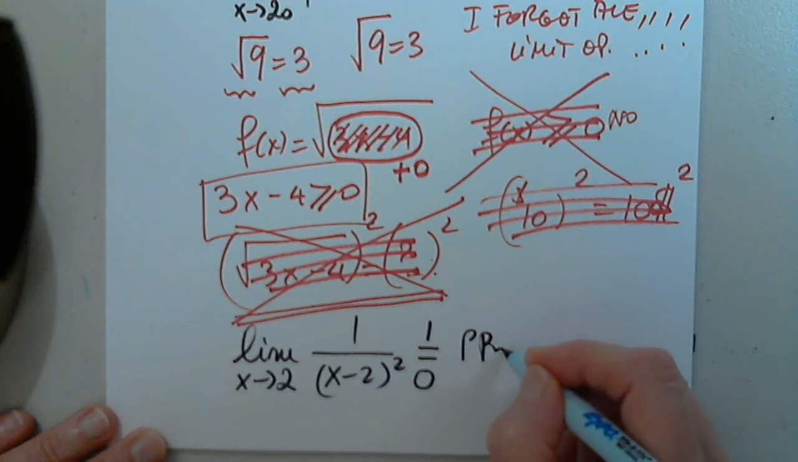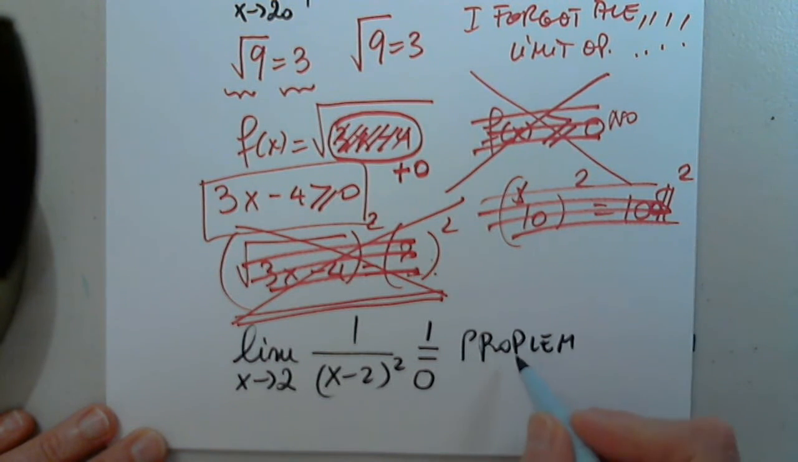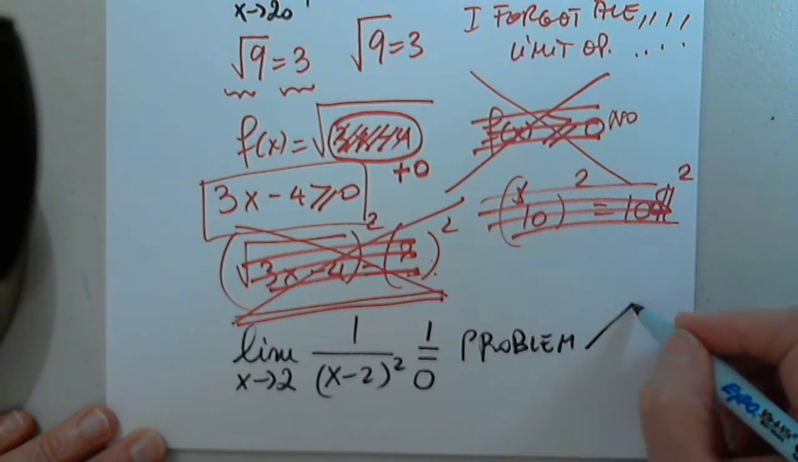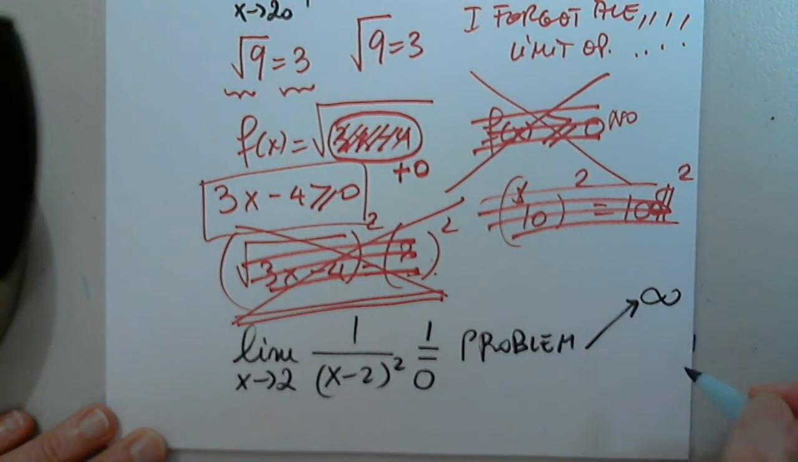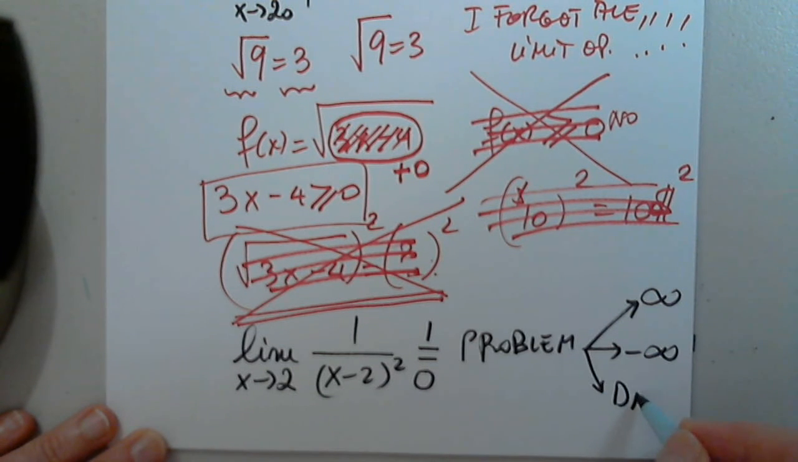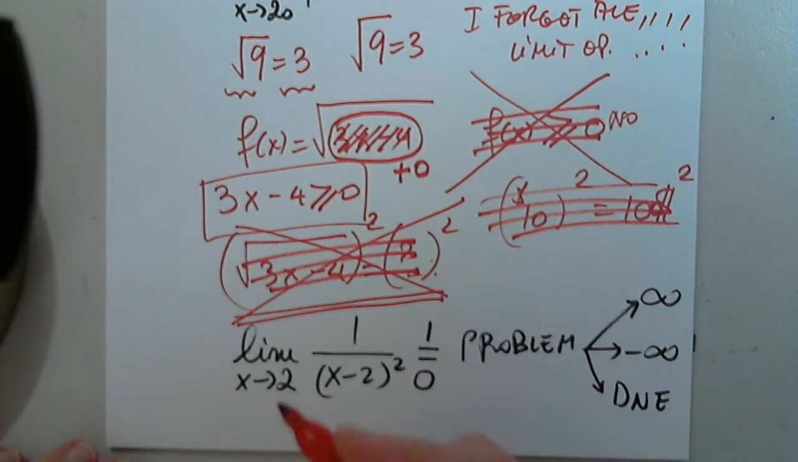That's it. So I know that this is a big deal. This is a problem, right? Why? Because I don't know what to write. I don't know if it's infinity. I don't know if it's negative infinity. I don't know if it's DNE. So what is the problem then? The problem is the fact that I don't have positive or negative here. So this is from either